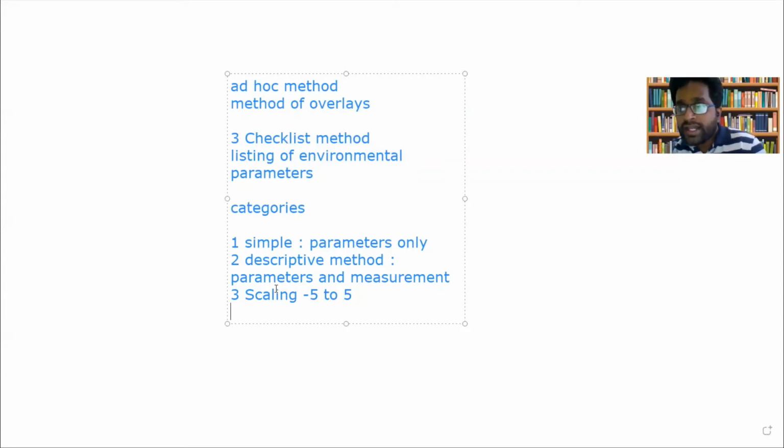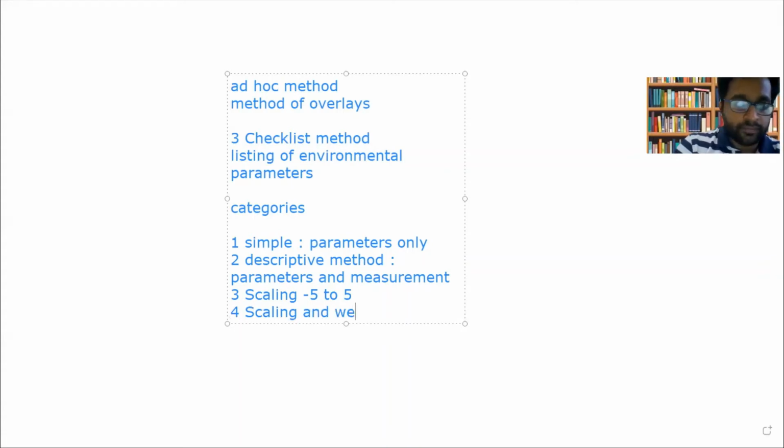So the scaling will enable us to bring all the parameters to a uniform scale where the evaluation or assessment will become simpler. That is why scaling is to be done. Scaling is usually done on a scale of -5 to 5, where -5 is the least and +5 is the maximum. And the fourth one is